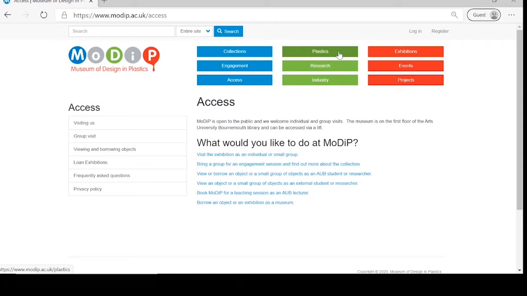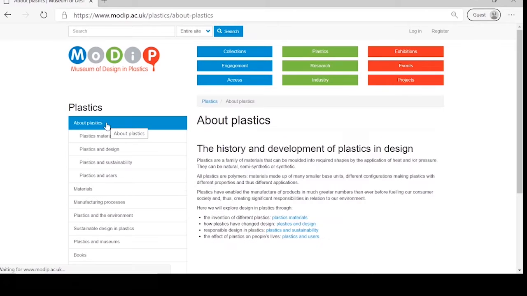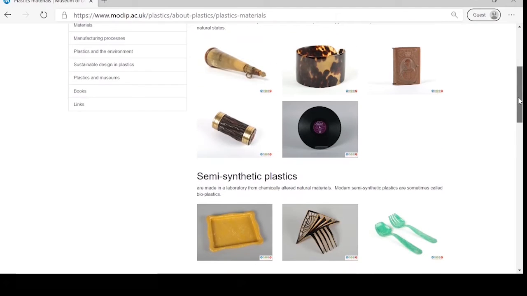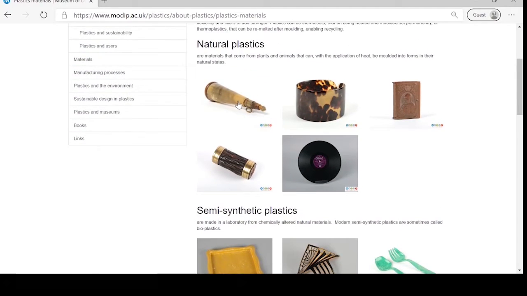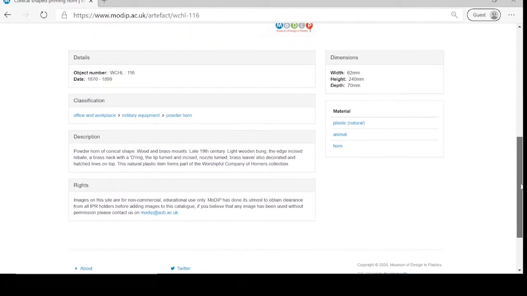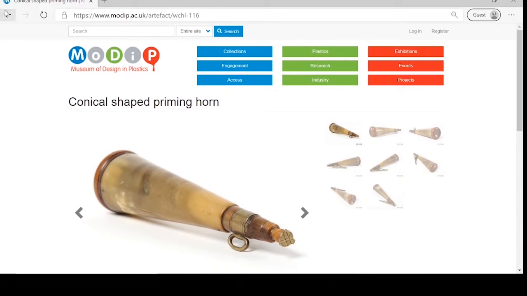But moving on to the green section, we have plastics, and that's where you can find out much more about plastics as a material. This relates to our permanent exhibition about plastics. And here you can find out more about the objects that are on display as part of that exhibition. So you can click on the object and that will take you through to the object record and tell you a bit more information about that object. But if we go back,